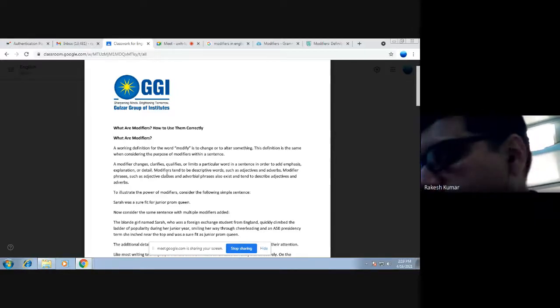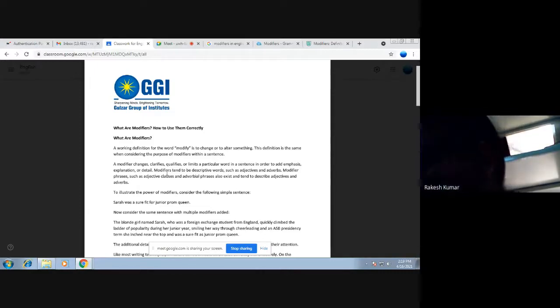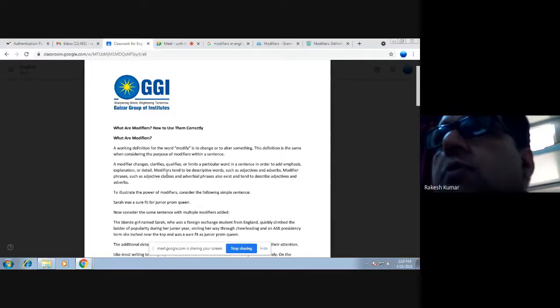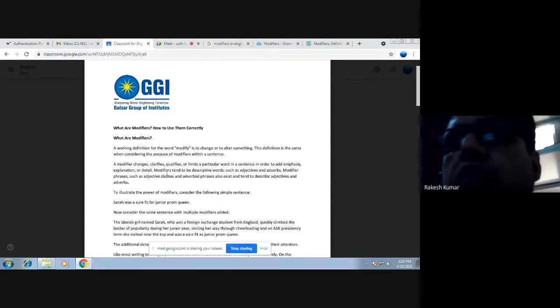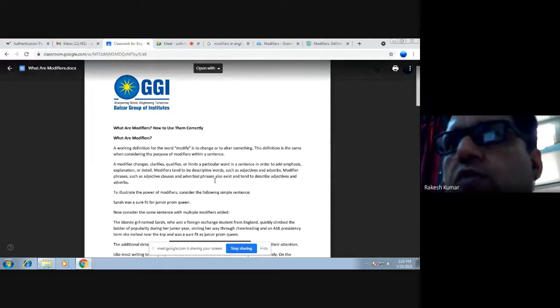So what is the meaning of it they are saying, or what is the usage of it? The usage of a modifier is that when you add a modifier, it gives you a hint about what exactly you are talking about. It tries to take your attention towards that one particular word. As in the example, it was mentioned that I'm going to Satin Cafe for a vegetarian burger. Burgers are of different types, and especially when you mention that I am going over there for a vegetarian burger, it means you are trying to put emphasis, stress on one word, that is vegetarian.